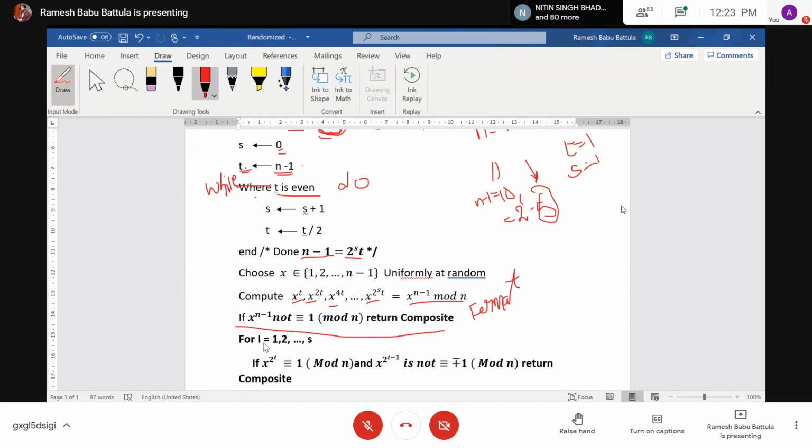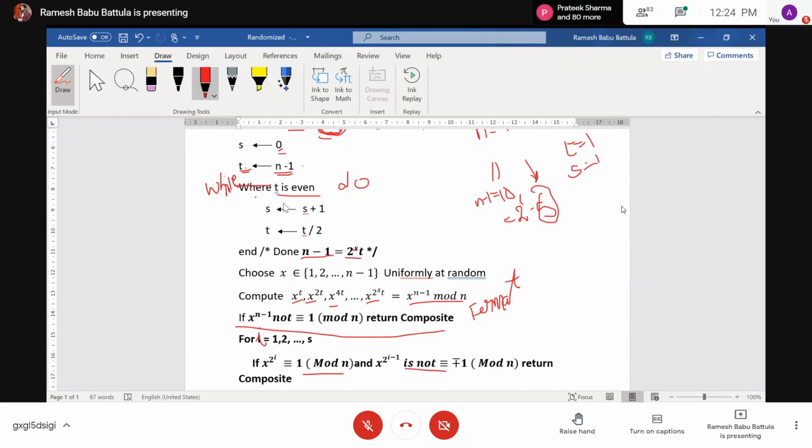i, with i equal to 1 up to s. Here you find s and you have t, so that s you need to use here. Then if x to the power 2 to the power i is congruent to 1 mod n, and x to the power 2 to the power i minus 1 is